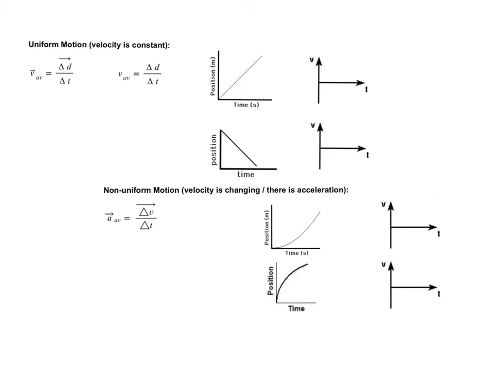Before you do the review questions, I just wanted to go over a few things on the formulas and how to interpret graphs for motion. So let's start off with uniform motion. Uniform motion means that velocity is constant. And when velocity is constant, we can find our distance traveled,